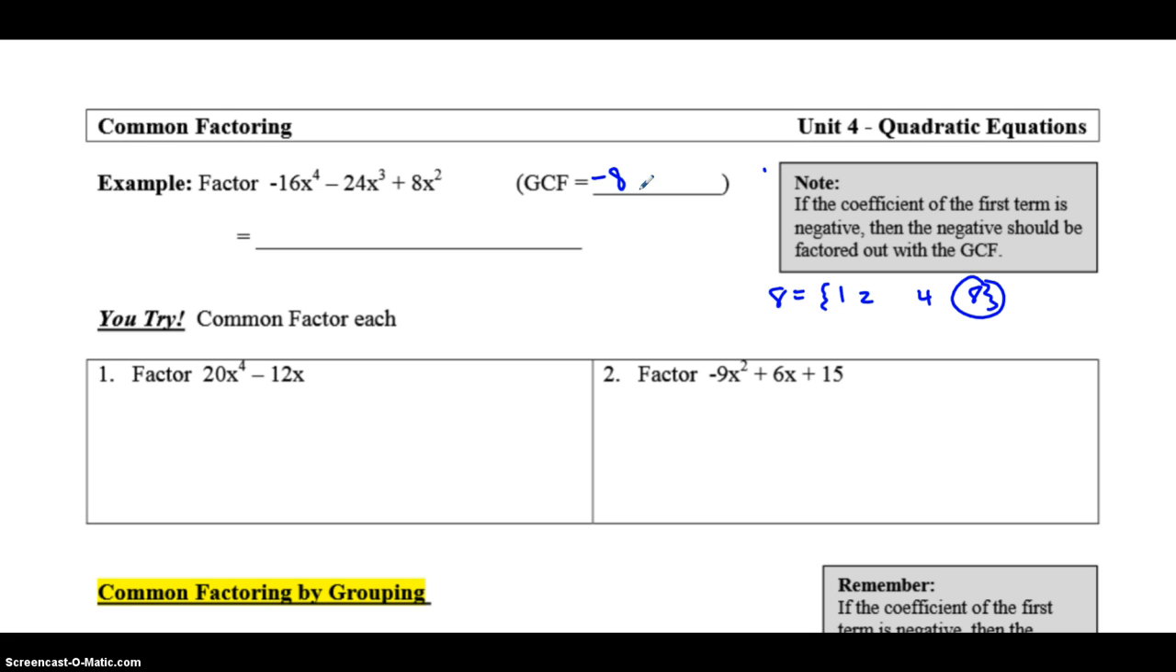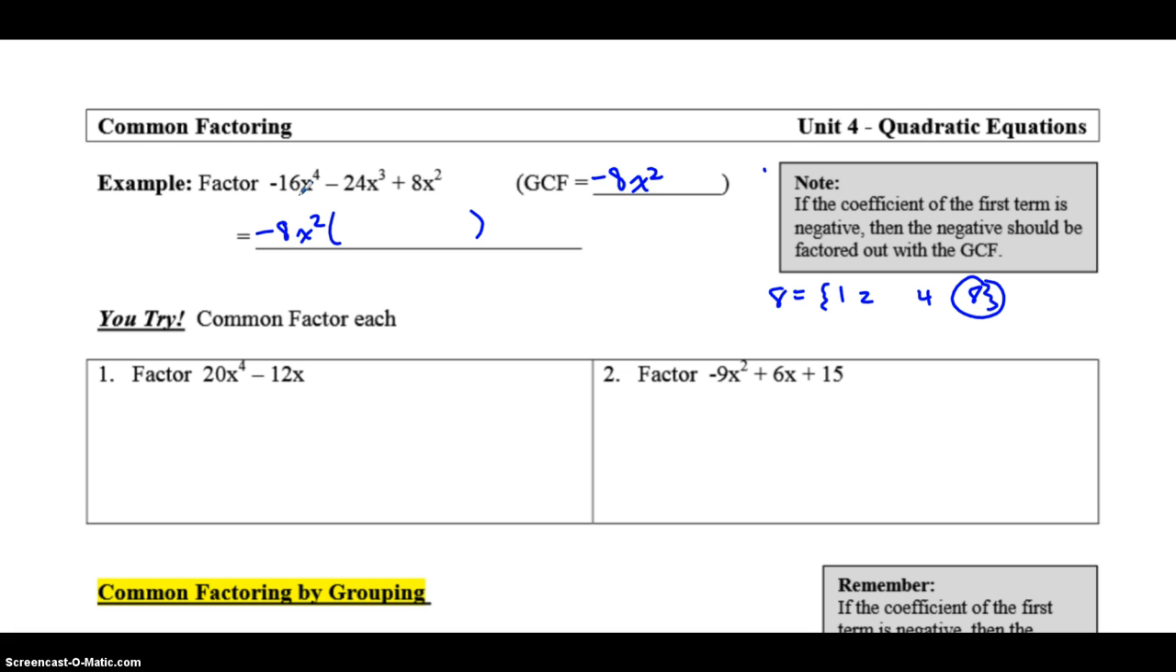So negative 8 we're going to pull out, and we can also take out x because there are x's in every single term. In fact, there's at least 2 x's in every single term because that exponent is the smallest one on our x. So to answer this question, you pull out your negative 8x squared, open your set of brackets,